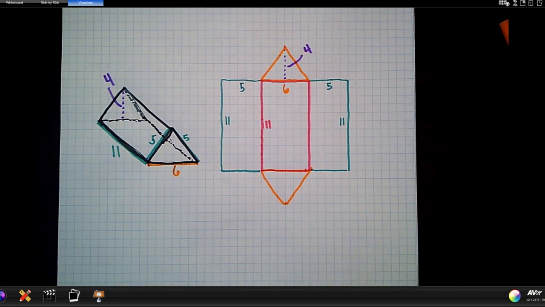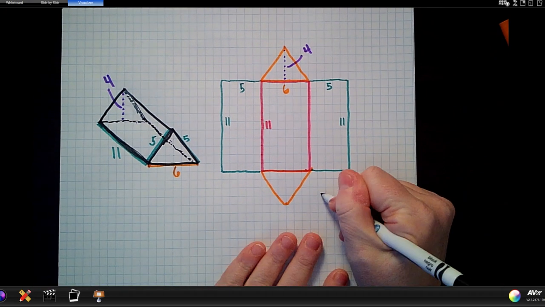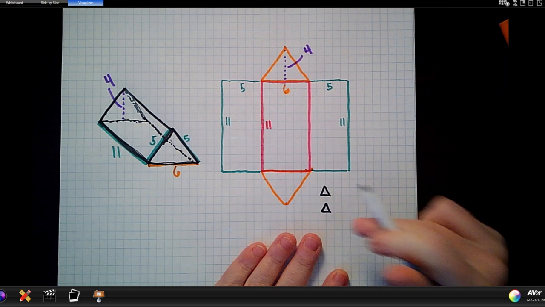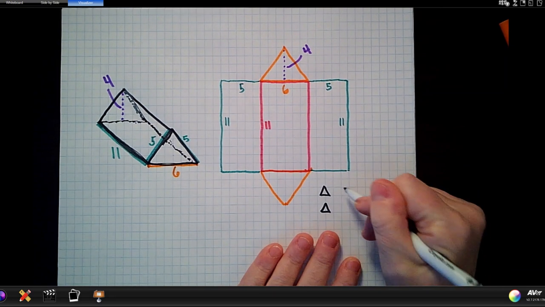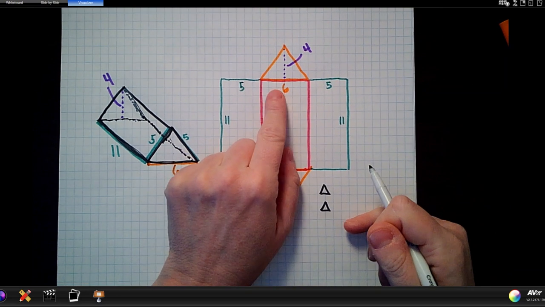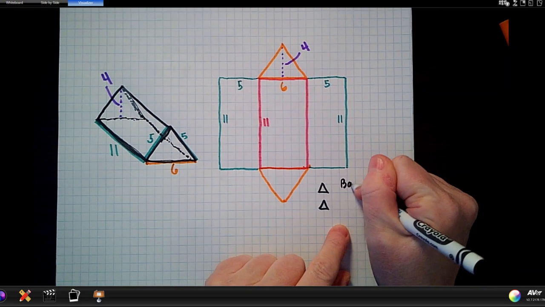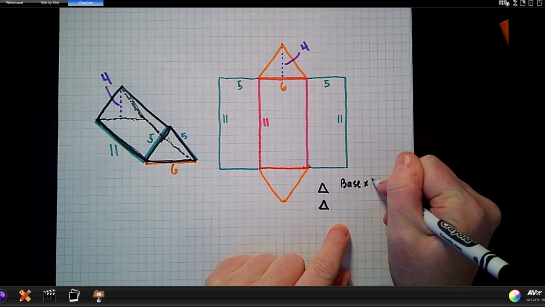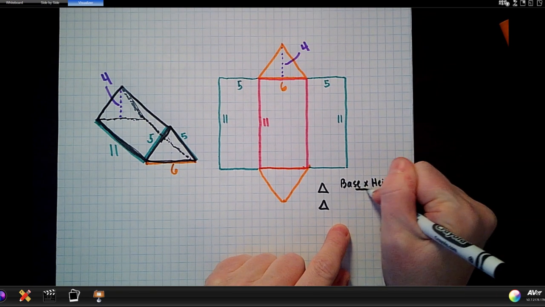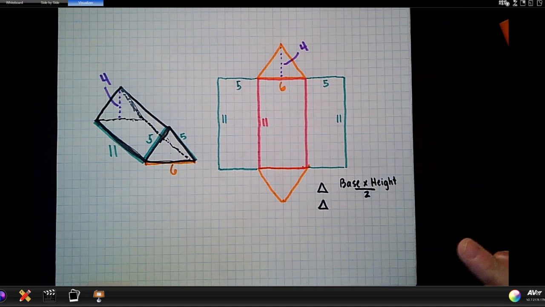So I like to write it out. I like to list things out. That's just how I do it. I have two triangles. And both of these triangles are the same. So if I find one, I can just write that same measurement for the second. So I know the area of a triangle is base times height divided by 2. We are dividing by 2 because it's a triangle, and a triangle is half of a square or